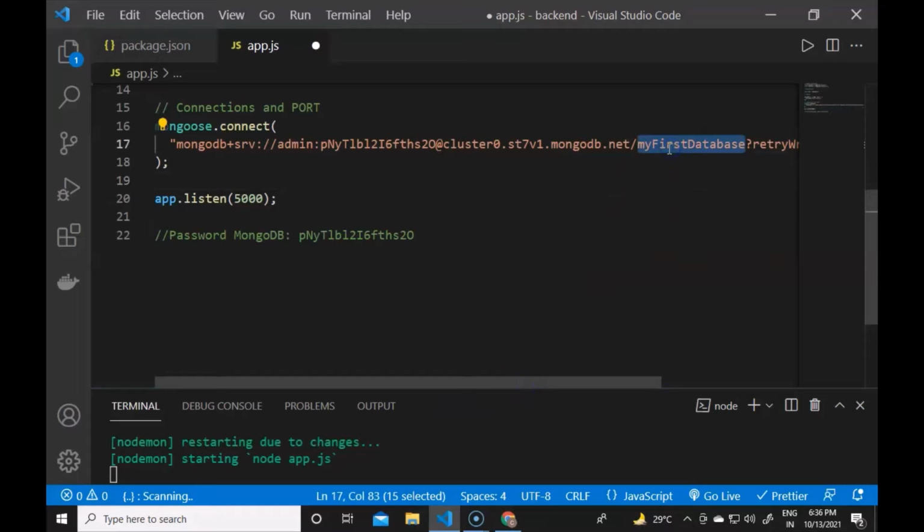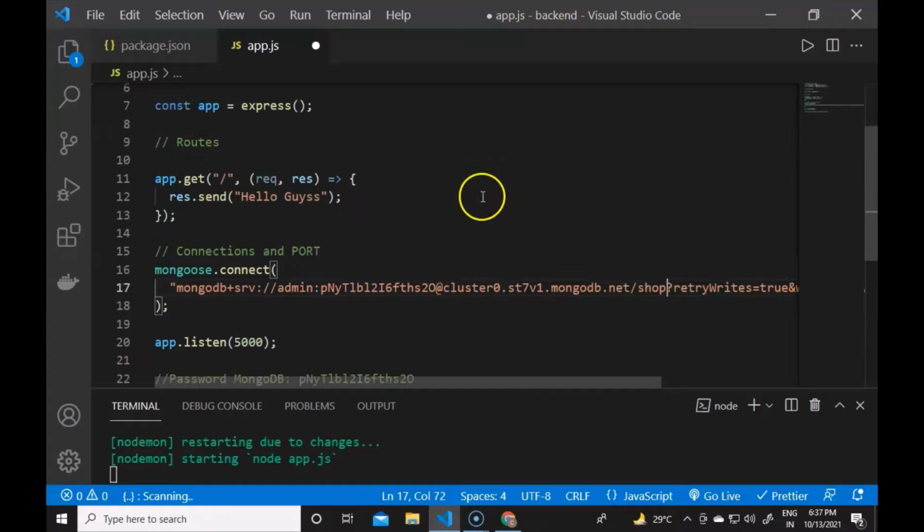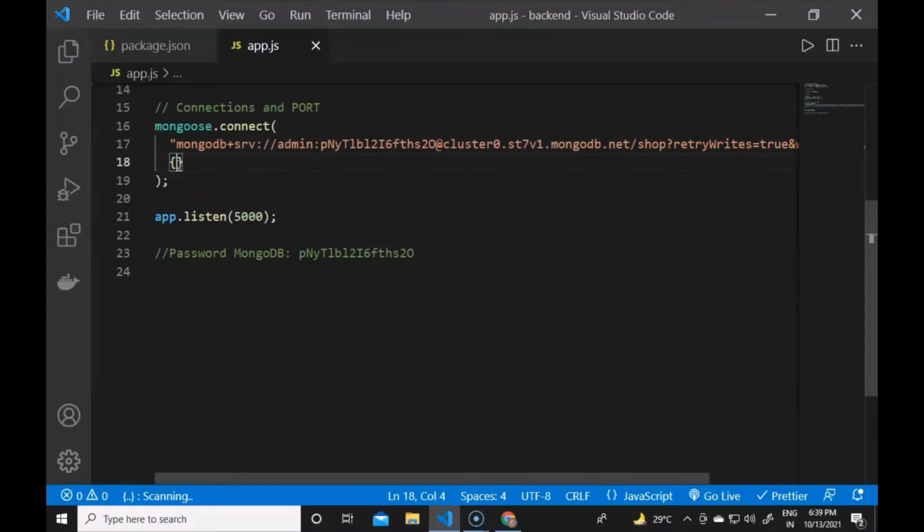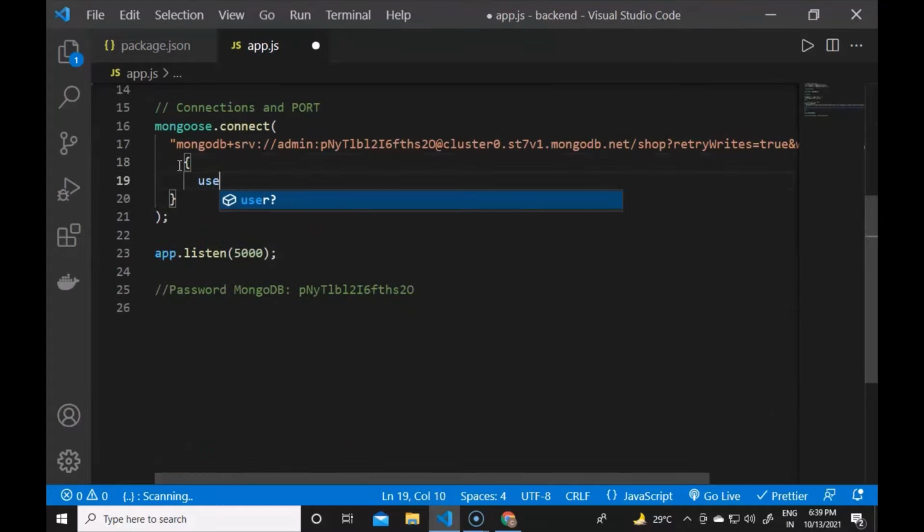So you have to click on it and you can edit it like the shop. So you can edit it with the shop. So now you will see if it is connected. So then we have to add a new object here also as the second parameter. So now as the second parameter we have to use here the useNewUrlParser and give the value